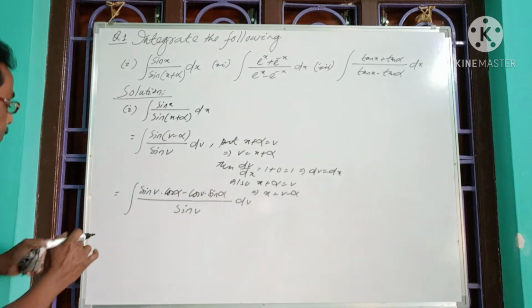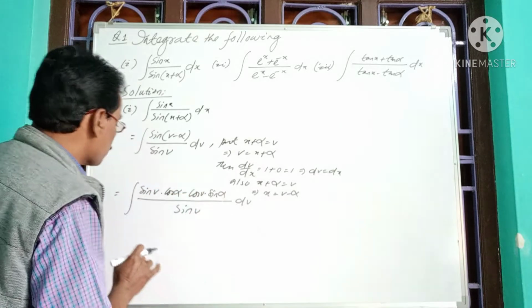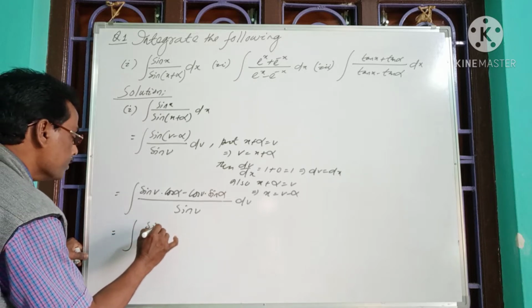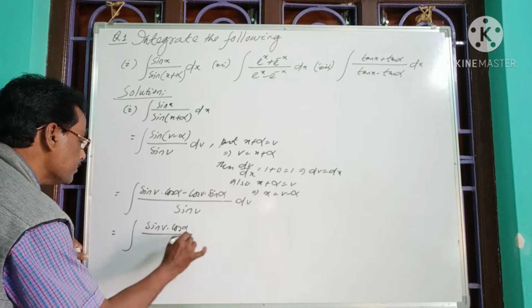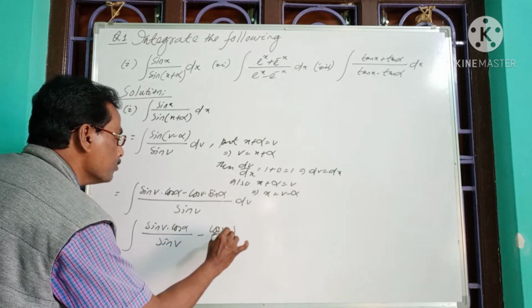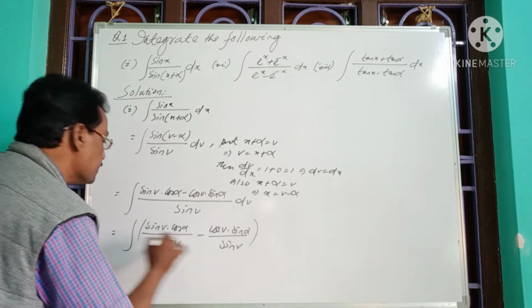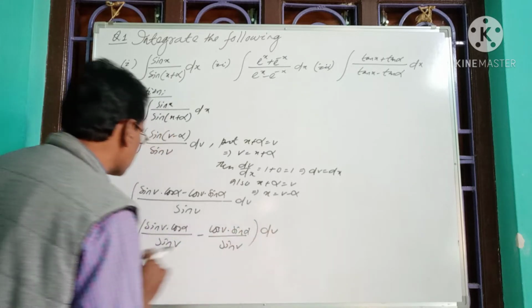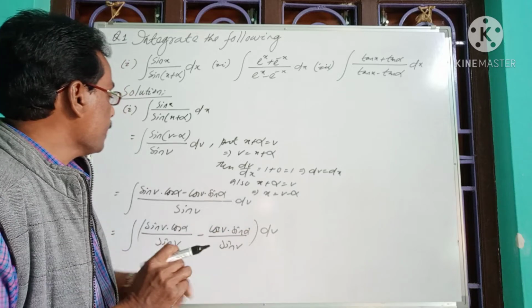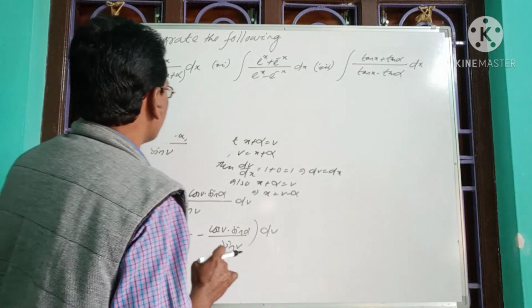So now we have two factors, that is sin v into cos alpha minus cos v into sin alpha. So simplifying, we have integration of sin v into cos alpha by sin v minus cos v into sin alpha by sin v with respect to v. So again simplifying, it will give us